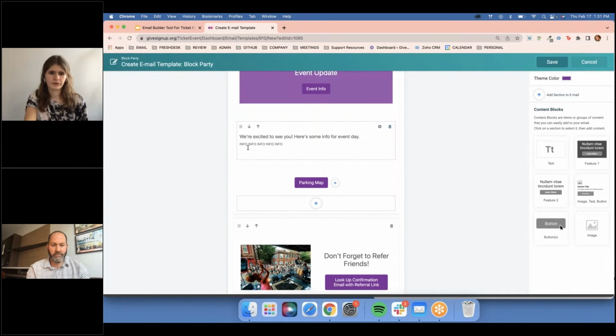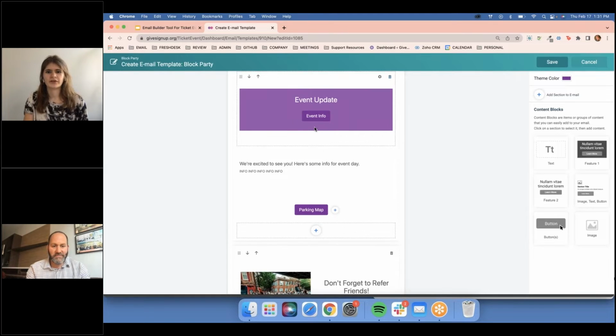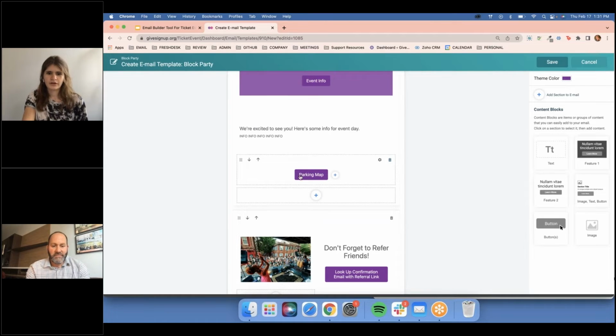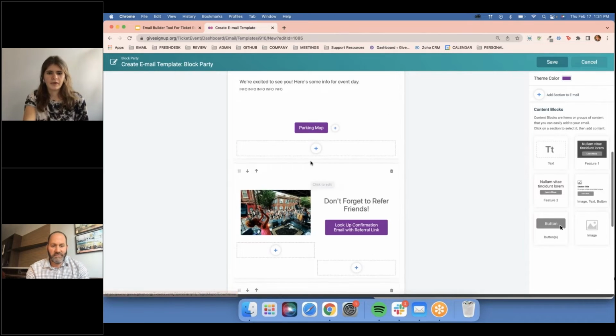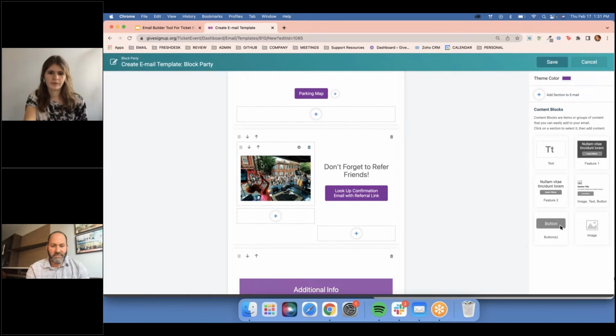You see I have some placeholder text here. This is where I would put in my information about the event day. I might update this button when I'm actually going to send this as an email, but for now I'm just linking to the event info page that I have on my website. Here I have a link to a parking map because maybe that's something that I'm always going to send out in these event updates. And then down here I have a side-by-side component, which I think looks really nice with